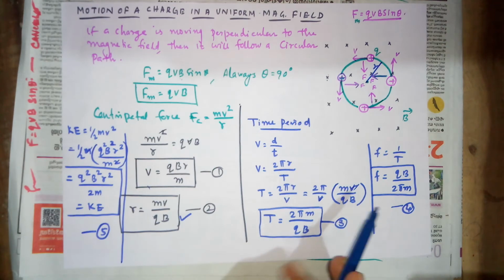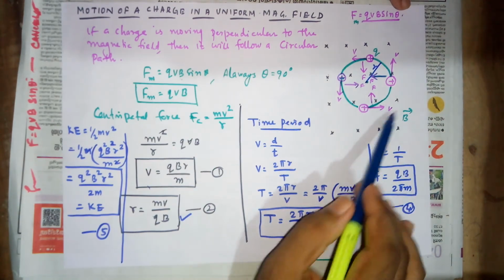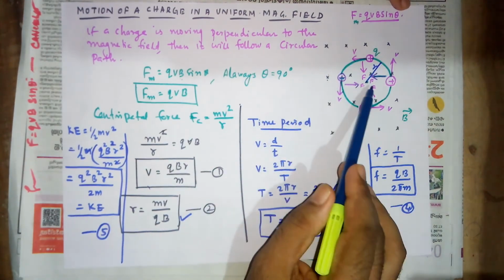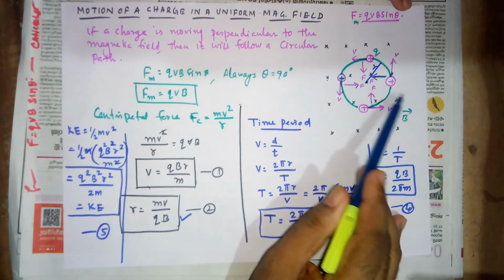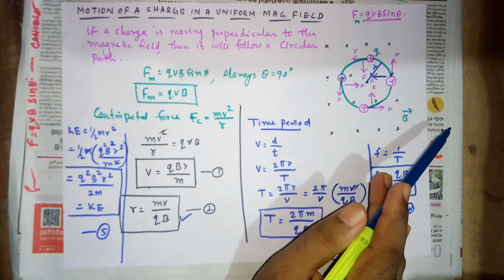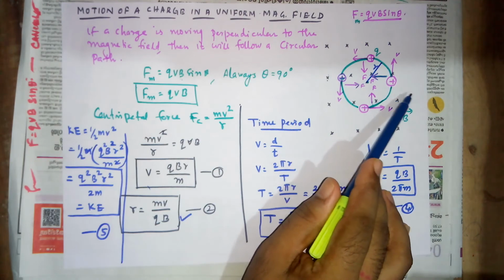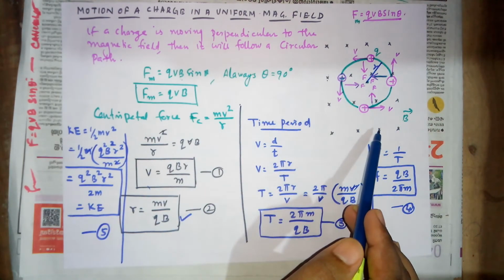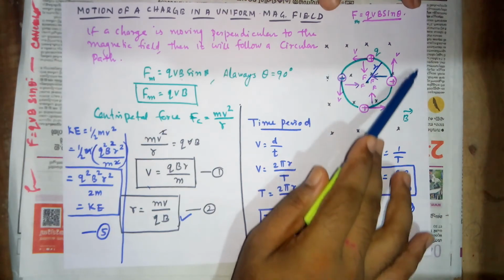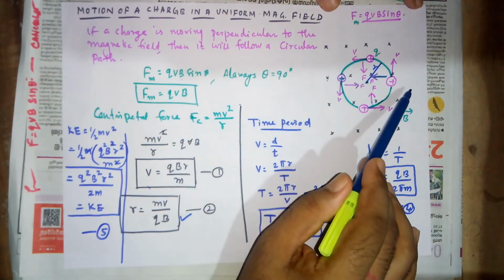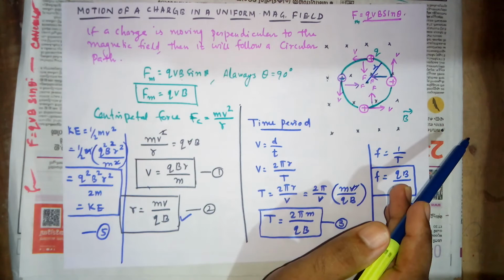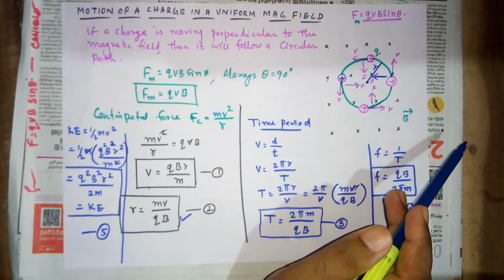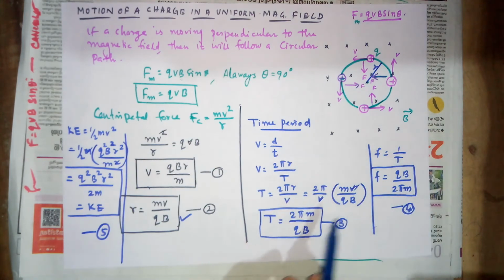Which means that suppose this charged particle is moving in a larger circle. Larger circle means more radius, right? Then you may be thinking that if the radius is more, it may take more time to revolve, because it is moving in a larger circle and normally it will have to travel more distance, so it will have to take more time, right? Okay, but it is not taking more time.